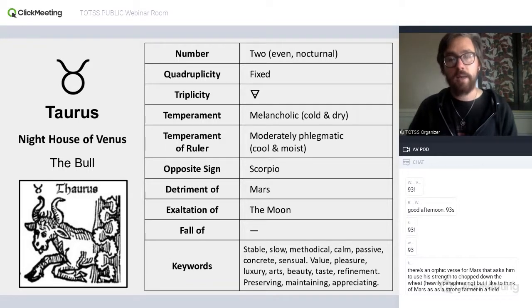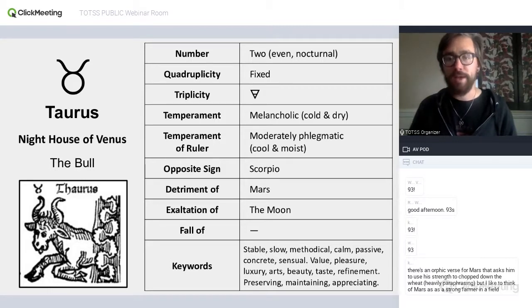But in an earth sign, in a fixed earth sign, a lot of stability is brought to the moon. So the moon in Taurus, that instability, or that lunar sensitiveness, is in a way mitigated by being in Taurus. And Taurus, as the night house of Venus, is interested in pleasure and nice things and enjoyable things, which is great for the moon.